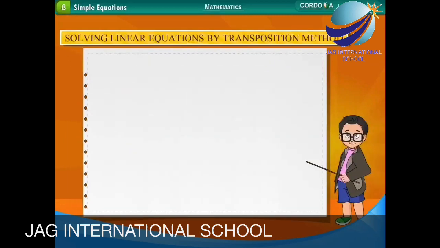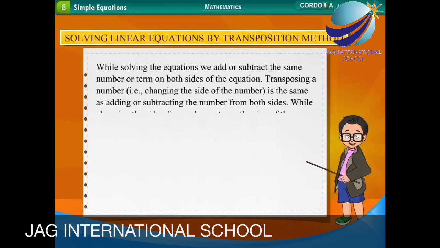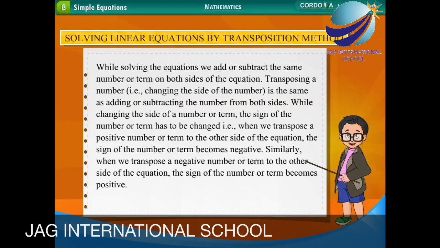Solving linear equations by transposition method. While solving the equations, we add or subtract the same number or term on both sides of the equation. Transposing a number, that is, changing the side of the number, is the same as adding or subtracting the number from both sides. While changing the side of a number or term, the sign of the number or term has